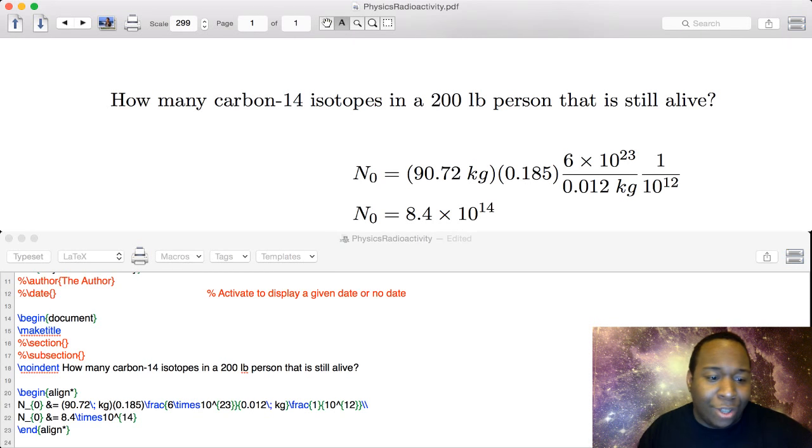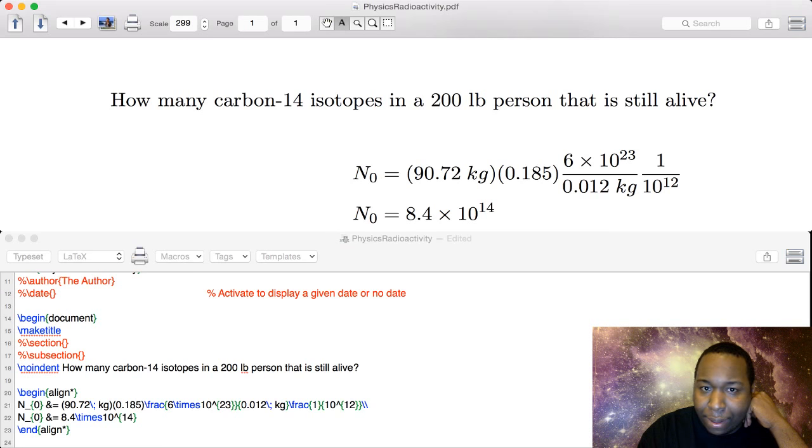Hopefully this calculation is correct. But we get roughly 8.4 times 10 to the 14 carbon-14 isotopes in a 200-pound person. All right, so we have an initial number to start with. So far, so good. So now I want to look and see exactly how the